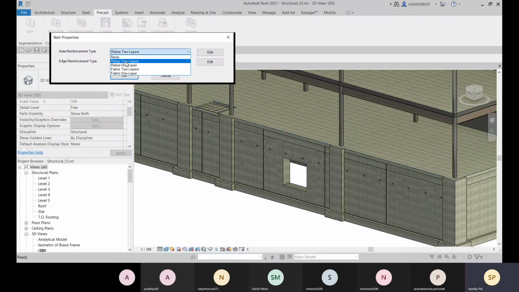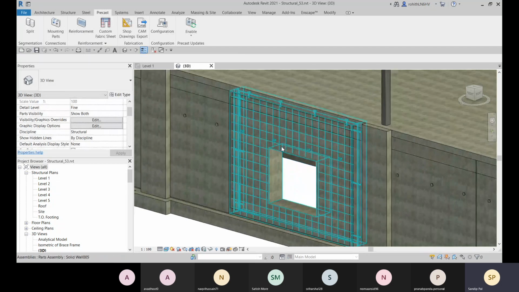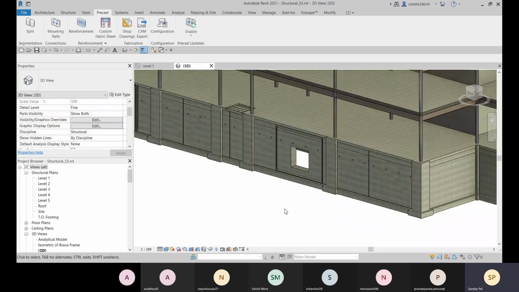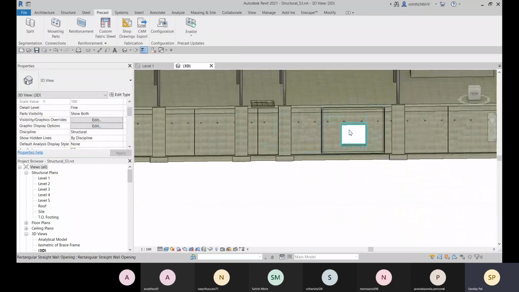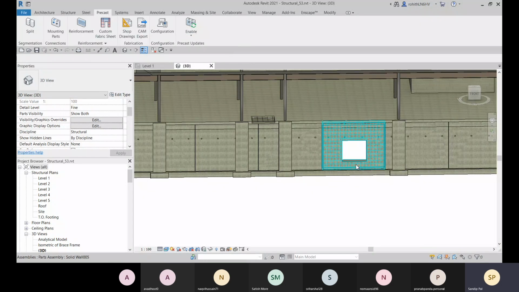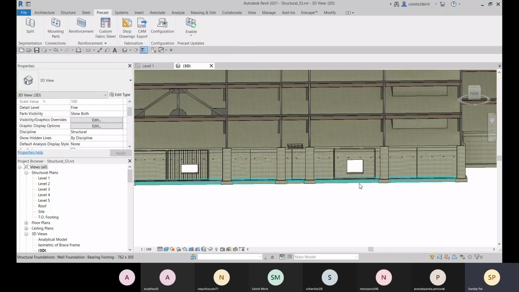And there you can select this rebar one layer, corner bars, and click on OK. And this is created. Okay. So you can do this. It is better to create your opening and then go for the reinforcement. It will be properly visible. Okay, so that I will suggest you.